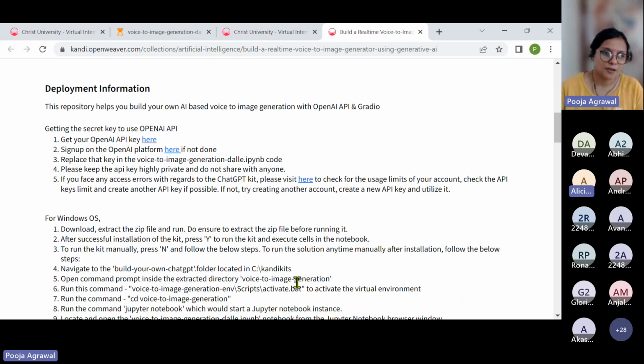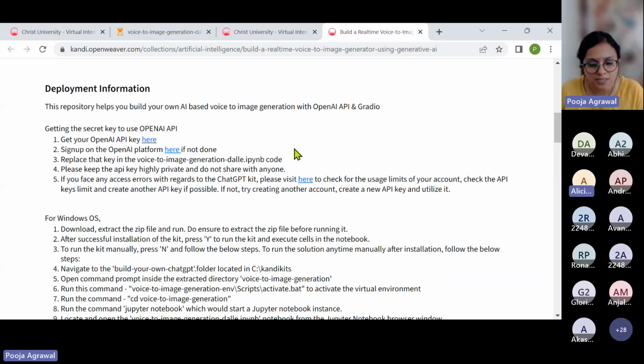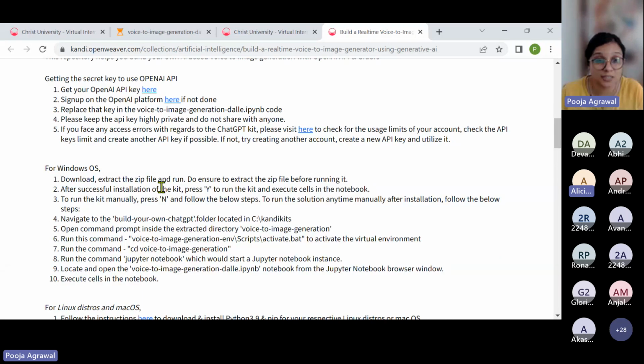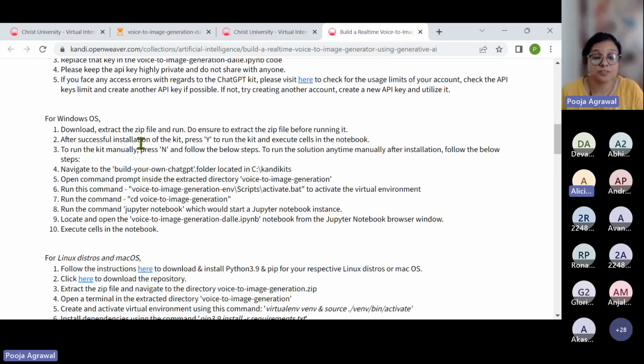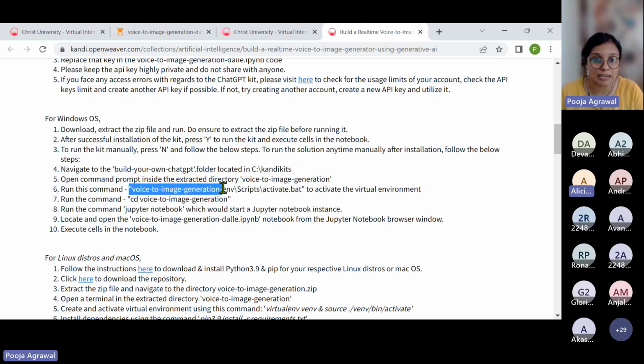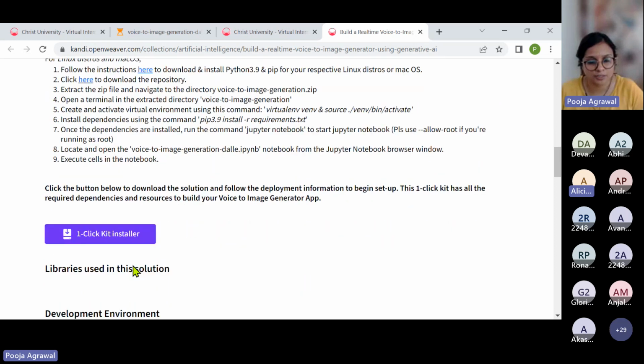So coming back here, this is how you go through the key process, how you extract the key. For all those who are new, we will discuss it from scratch. Then there are instructions listed if you want to manually open the kit. Suppose you have installed it for the first time and now want to manually open the kit, it's very important you follow these instructions to activate the environment, and then simply go ahead and open your Jupyter notebook.